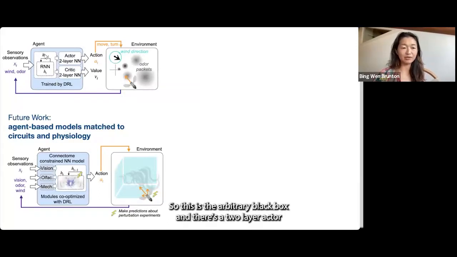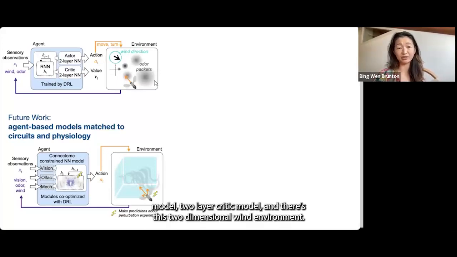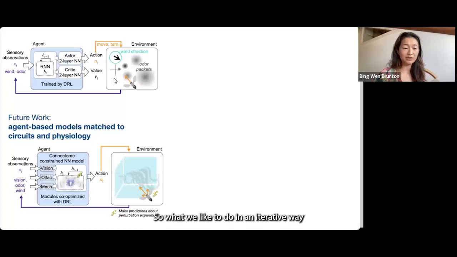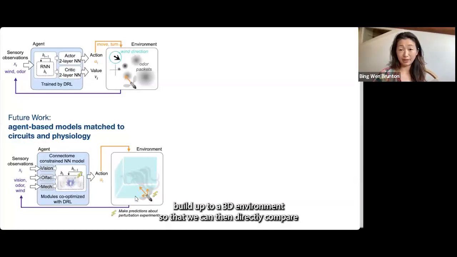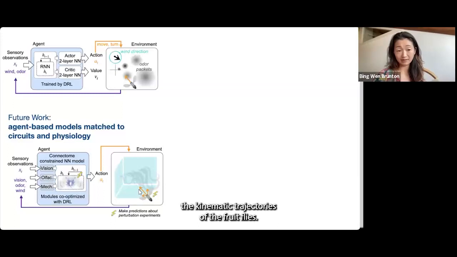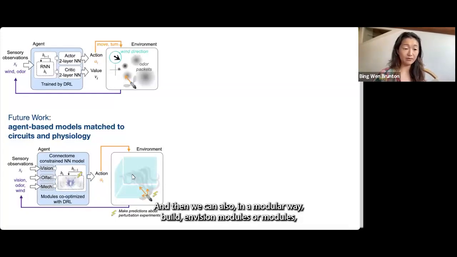So this is the arbitrary black box RNN. There's a 2-layer actor model, 2-layer critic model, and there's this 2-dimensional wind environment. So what we'd like to do in an iterative way is to map this onto more of the known neural circuits and physiology, build up to a 3D environment so that we can directly compare the kinematic trajectories of the fruit flies. And then we can also, in a modular way, build in vision modules, olfactory modules, mechanosensory modules,